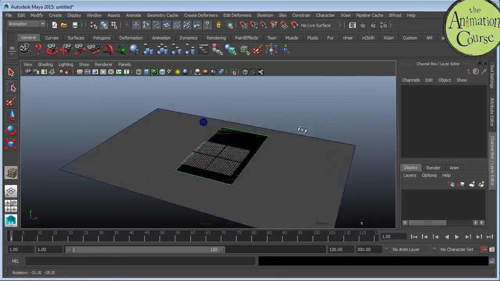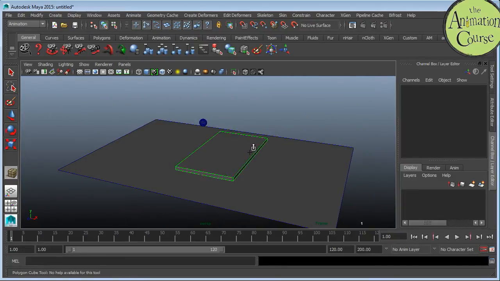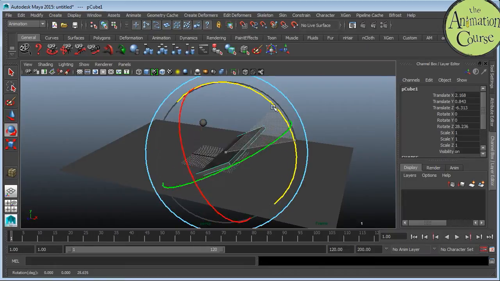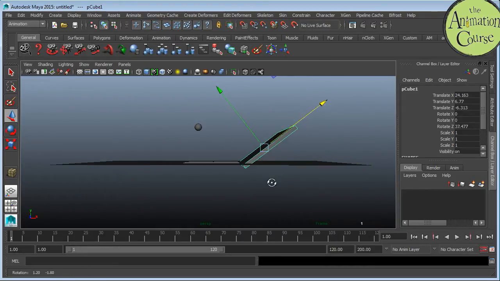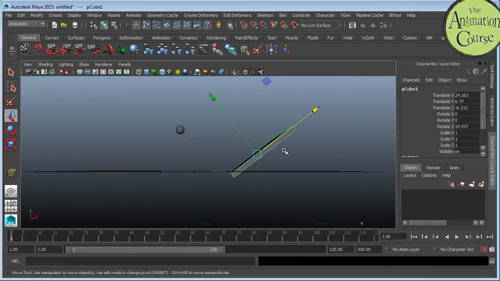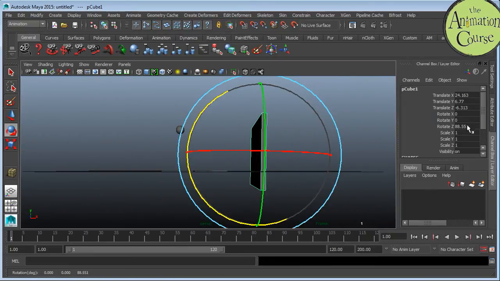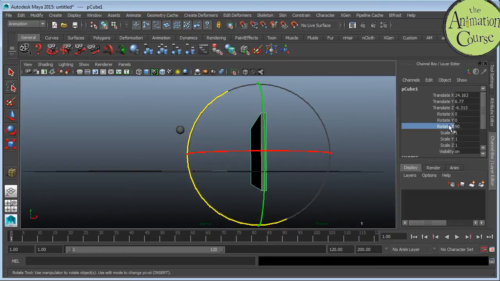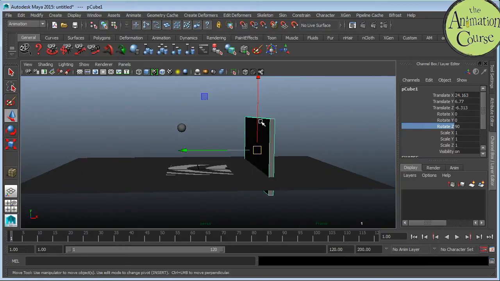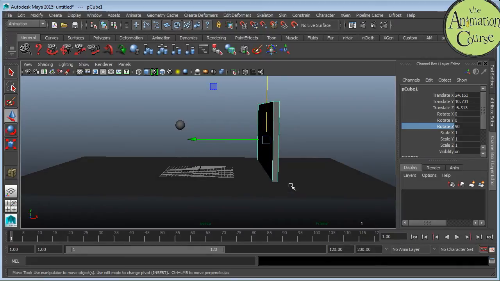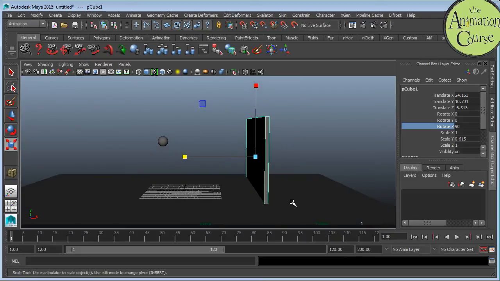I pull it out, and then I pull it up and create a cube here. All right, and make it a wall here. So I can always go back over here in the channel box and move things around too. So I can create as many obstacles as I want and have that ball bounce along. But I'm just going to create one for this, and then